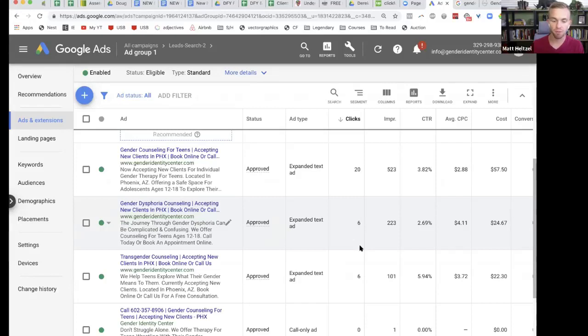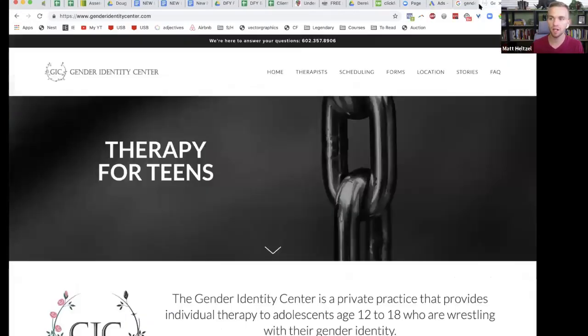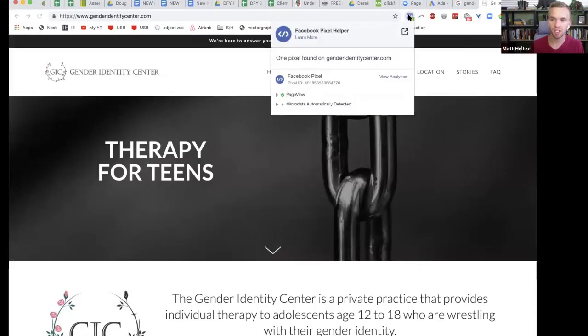Now, after people have clicked, here's the cool part. On that website, we have our Facebook pixel installed. So guess what we're going to do? We're going to run retargeting ads on Facebook to everybody who's visited our site for more than 30 seconds.